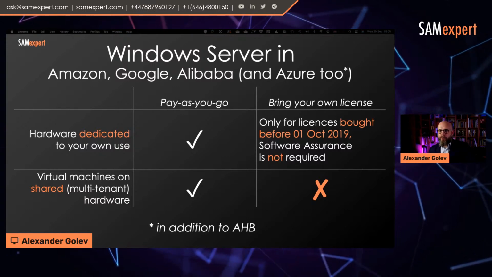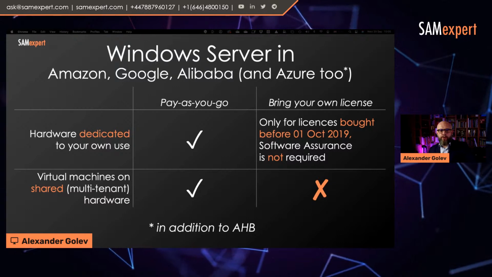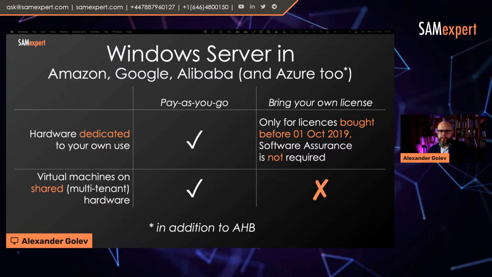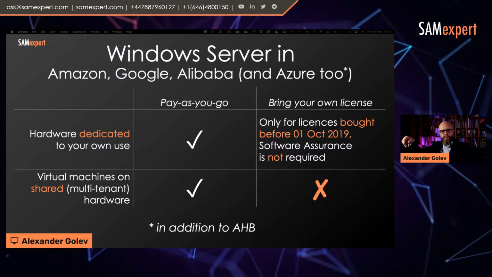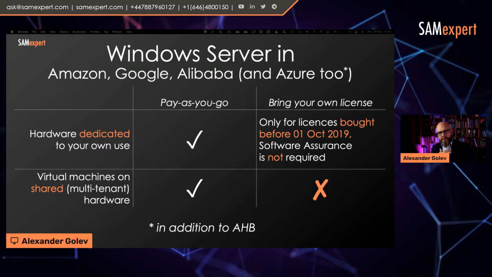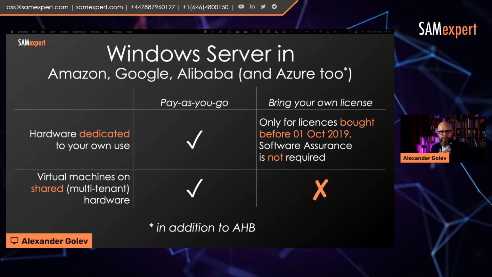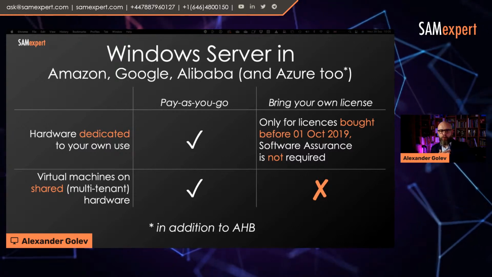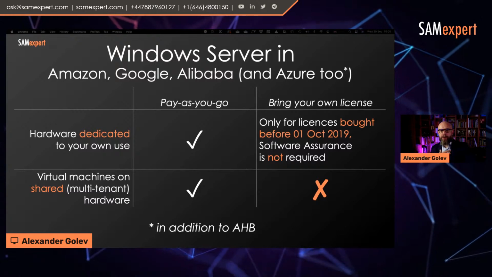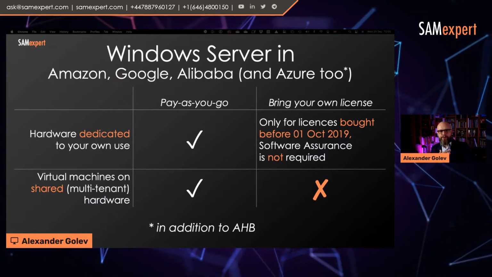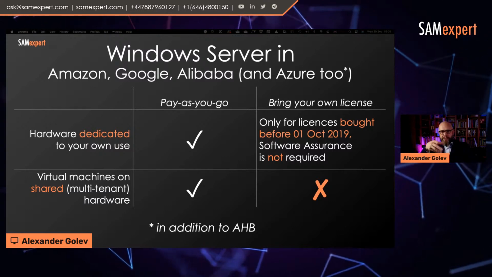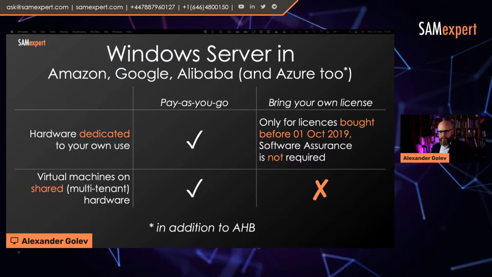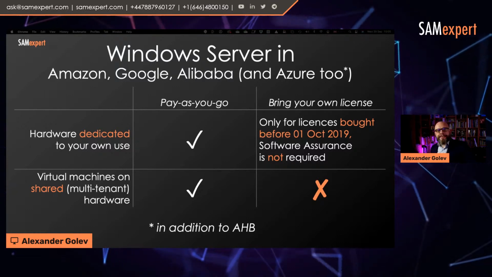So whether hardware is dedicated to your own use or you use virtual machines in a shared cloud environment, you can always opt for just pay as you go and pay Amazon monthly fees for the licenses without bringing your own licenses. If you want to bring your own licenses, you may not bring your own Windows Server licenses. You may not do that to a multi-tenant environment. You always have to pay for a Windows Server in a multi-tenant environment through pay-as-you-go. You have to. Unless it's Azure, as I explained to you. So in Azure, that's Azure Hyper-V. If it's dedicated hardware,